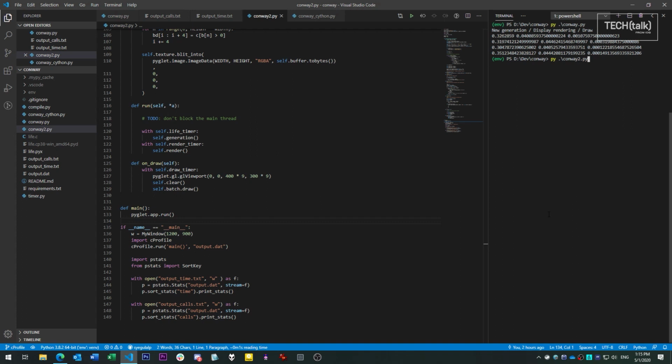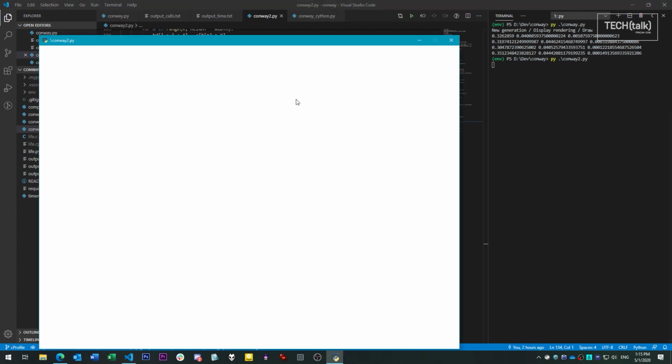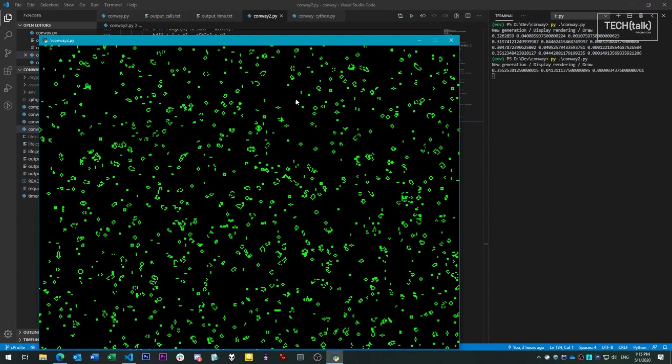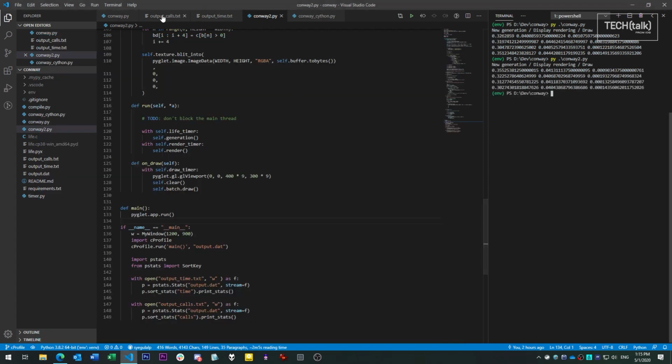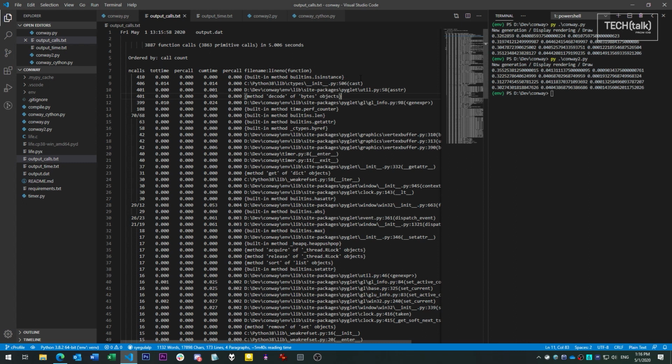Now, when I run the program and generate a report, the number of calls report is not cluttered with irrelevant details. We can see here that the total number of calls is actually pretty low, so it isn't the number of calls that's the issue. It's that we have a few calls that each take a long time.